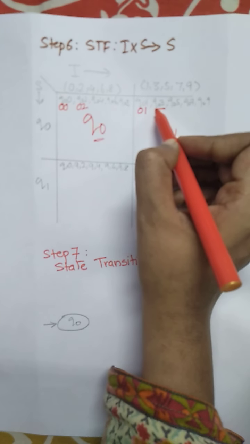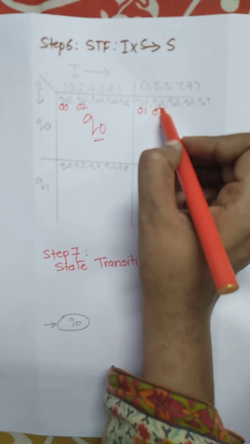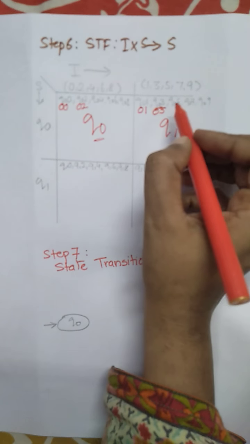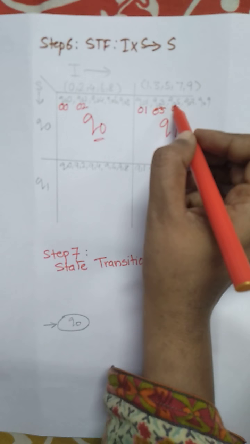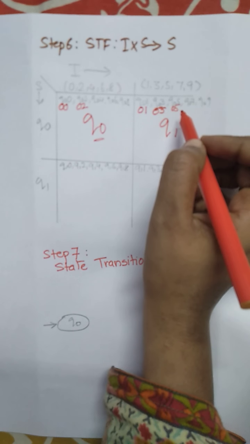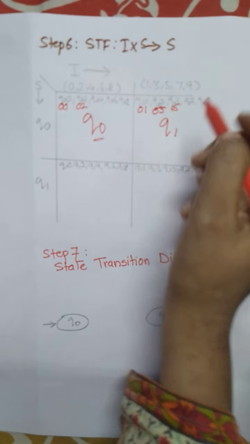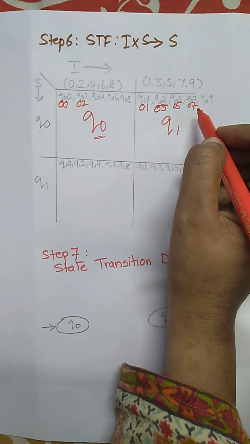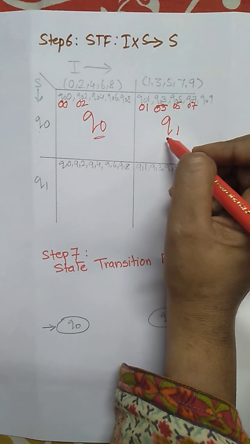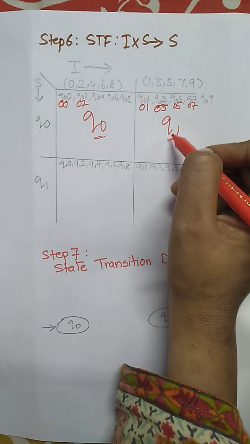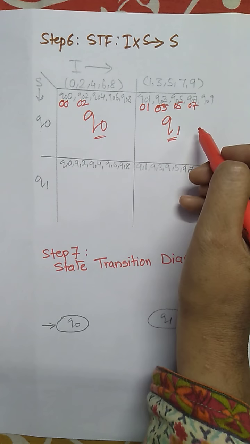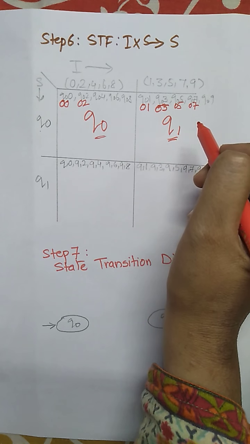The next bit, also with Q0, means number 0. The next bit is 3. What kind of number? 3. Whether 3 is divisible by 2, no, with the remainder 1. Remainder 1 is marked as Q1. Q0 with 5 will produce number 5 with the remainder 1. Remainder 1 is indicated by the state Q1. Q0 with 7 is 0, 7. Generated number 7, with the remainder 1. Remainder 1 is marked with Q1. That is already marked. Only once do we have to write all these things. Similarly for number 9. Number 9 is not divisible, with the remainder 1. Remainder 1 is marked with Q1.